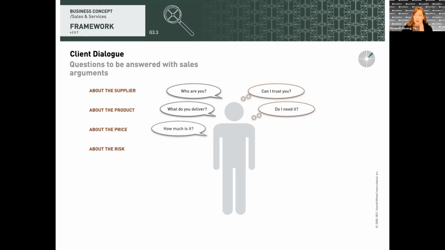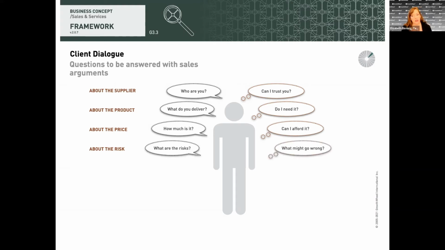Or they may be concerned about the cost. That really is, is it worth it? Can I afford it? Then they might have other concerns about riskiness. Can this be returned if it doesn't work? Do you have a money back policy? Are there any guarantees? So helping your clients to think through that in terms of these concerns for their business